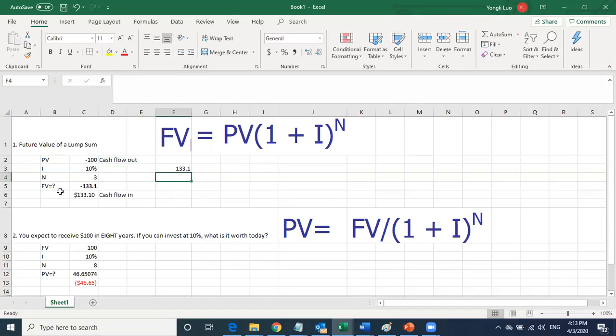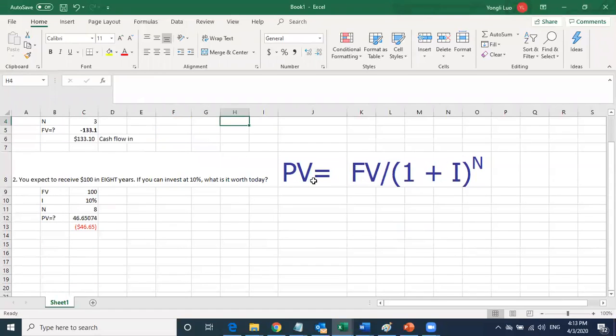That's your future value. So you can use table A1. Table A1 is for future value of a lump sum question. Okay, for present value question, we see this one,